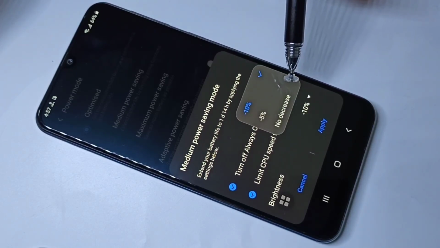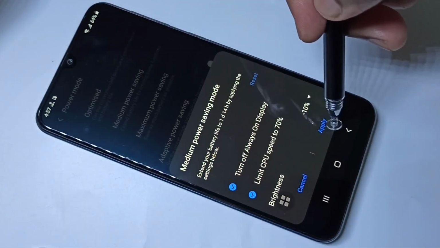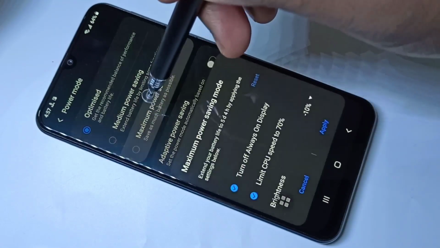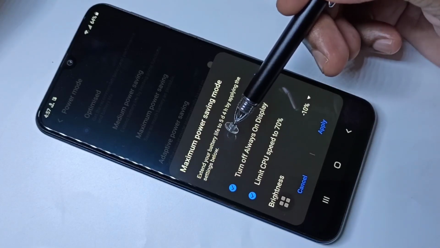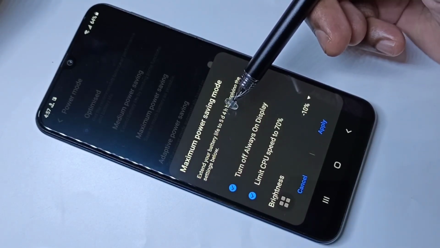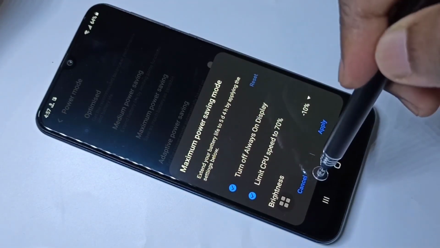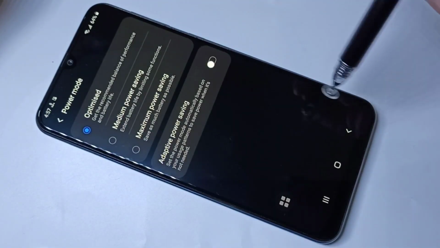You can adjust it. If you want this mode, tap on apply. Let me cancel it. Let me check what is maximum power saving mode. Here you can see, if you enable this option, it extends your battery life up to 5 days 4 hours by applying the settings below. Here you can see the settings. If you want, you can apply this or cancel it.